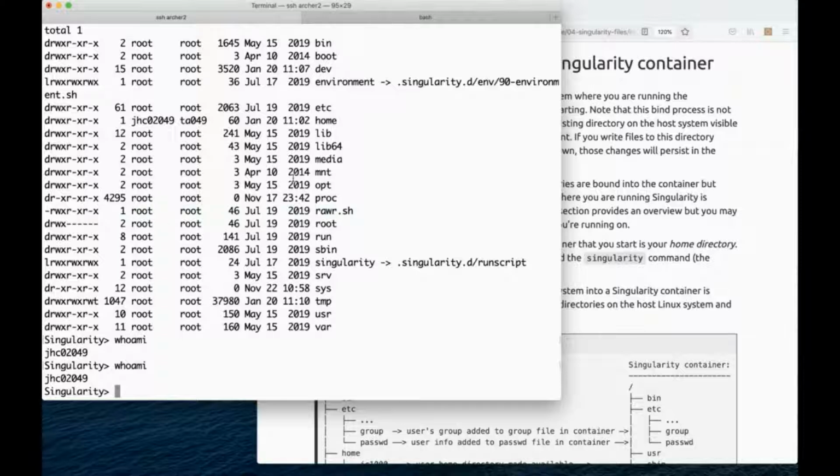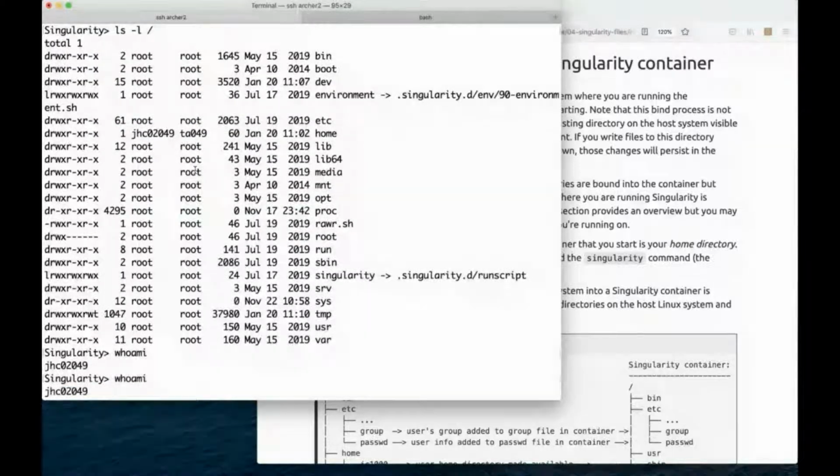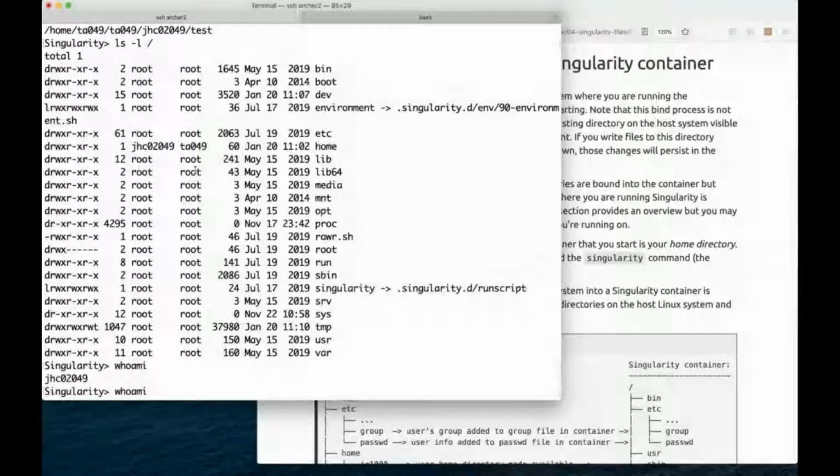And in fact, as has been pointed out in the chat there, because we're looking here at the slash directory, the root directory of the image, or in this case, the files that we see in the running container. Basically, on a Linux system, all of the files in the slash directory are the base system files that have been created at the time that the system has been set up, and they therefore are owned